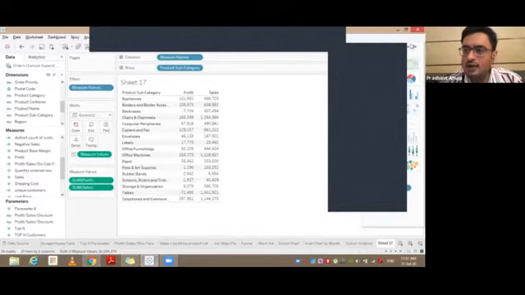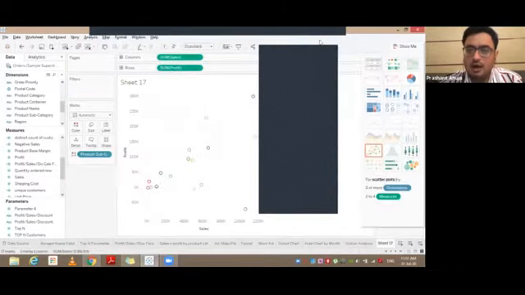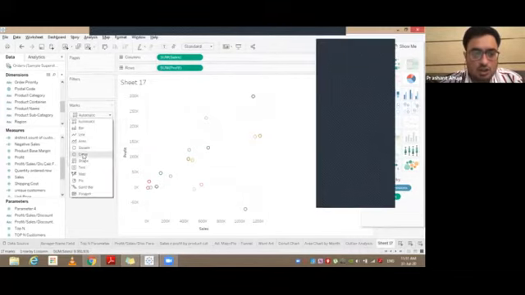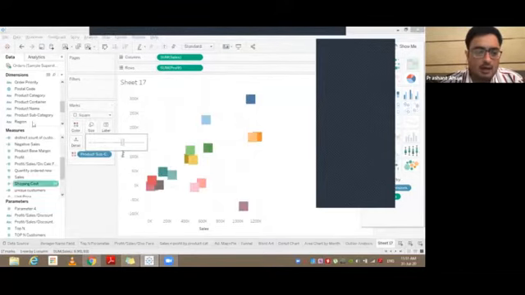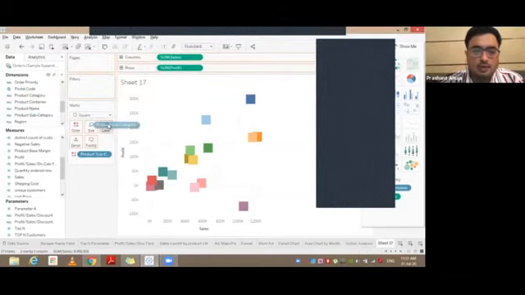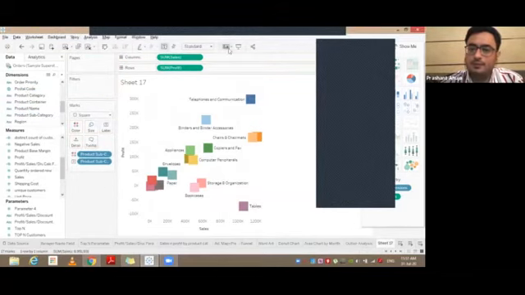Choose the chart. The best chart for this visualization would be a scatter plot chart. To make it a little more interactive, just choose color or square or whatever you feel comfortable with. Increase the size a little, put the categories into labels, and there you go.